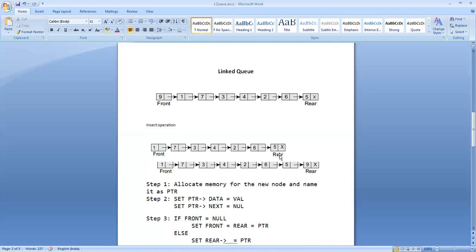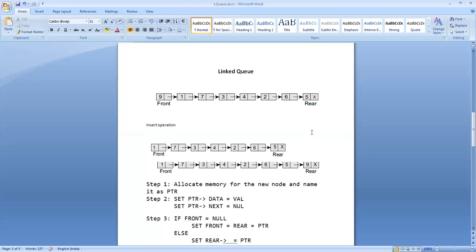The next field of the node pointed to by rear is pointing to null. Simply saying, rear reference next is equal to null.